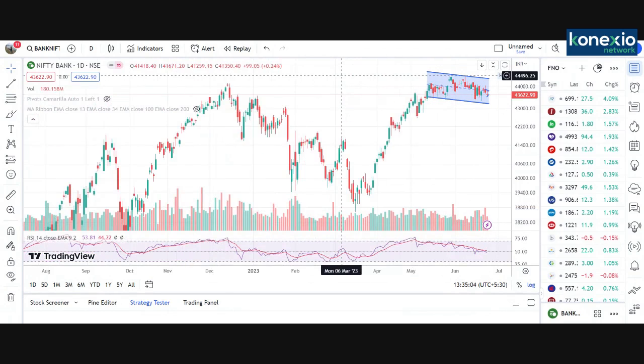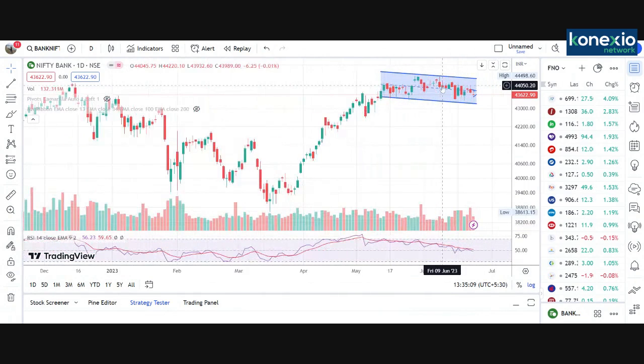And if we consider this, it could be termed as a flag pattern. This is a pole and this is a flag. So if it breaks 44,500, then we might see a huge rally coming into Bank Nifty for the next couple of months, maybe till August or September. But for a trended move, Bank Nifty needs to close above 44,500 on the upside. And if it wants to go down, if it wants to correct, or if it wants to see a sharp correction, Bank Nifty needs to close below